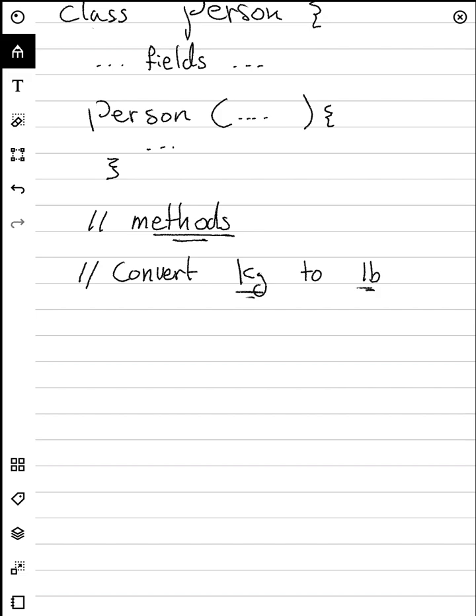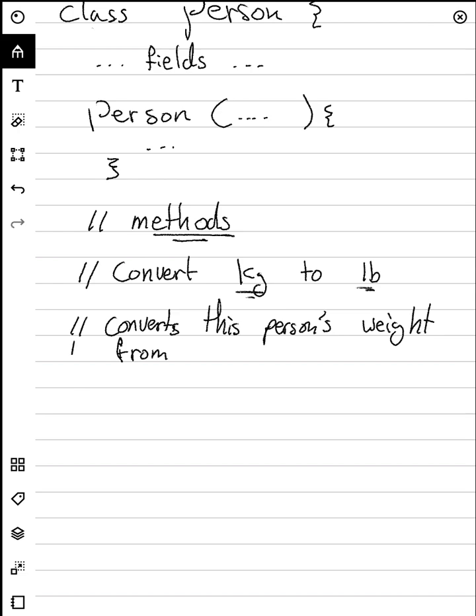Another way that we can write this is converting this person's weight from kilograms to pounds. And I would say that the second method makes more sense because this is a method